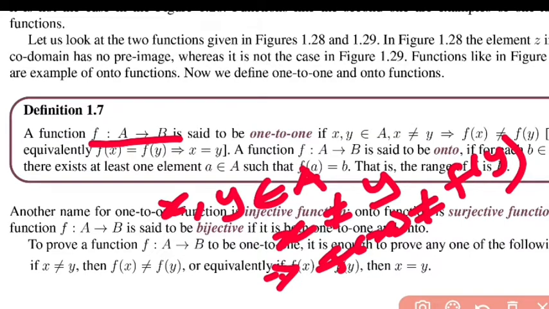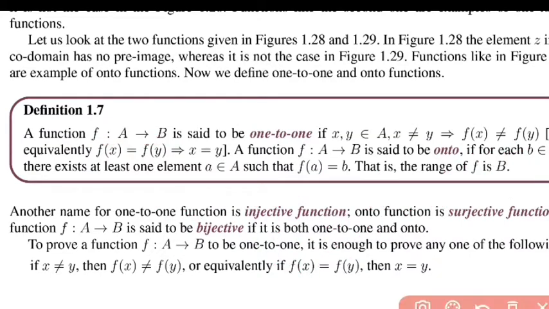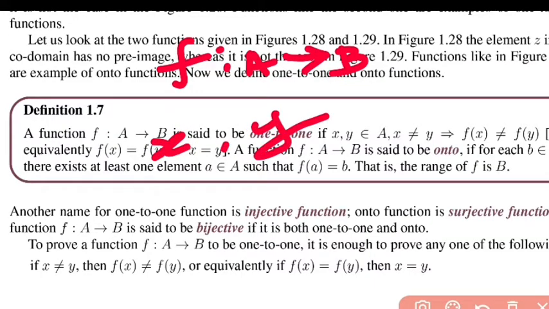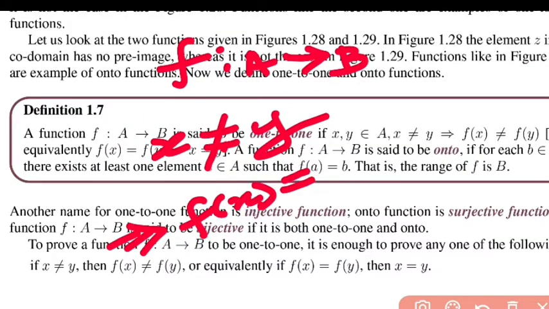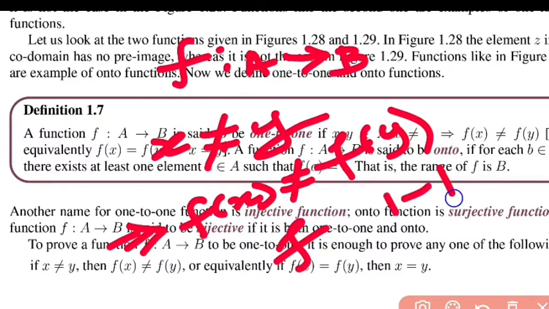Okay, so let's see again. If f is the function from A to B, we take two elements. Suppose in the question itself they give the elements. Okay, functions we'll see later. Suppose they give two elements, we assume that x is not equal to y. Then to prove that f of x is not equal to f of y, then f is a one-to-one function.